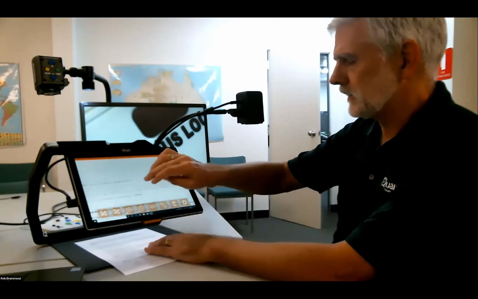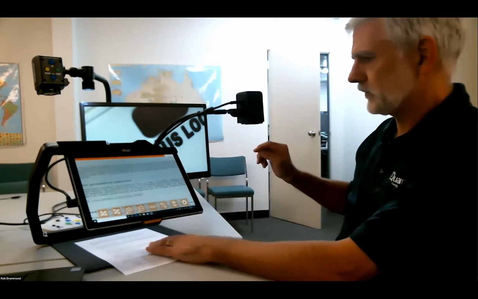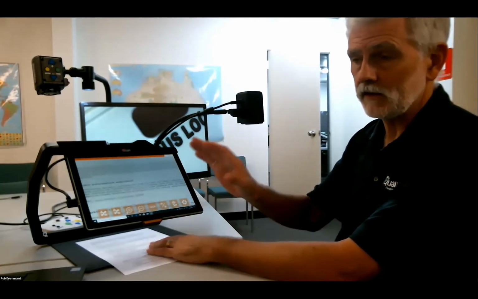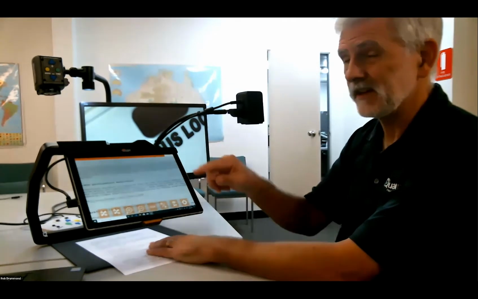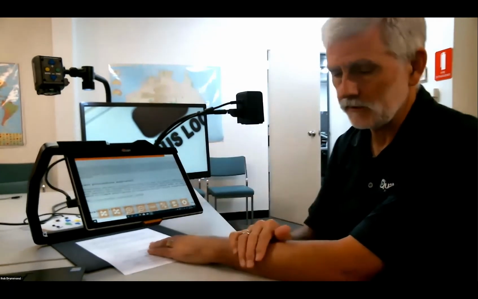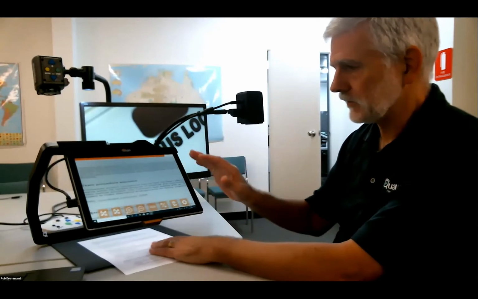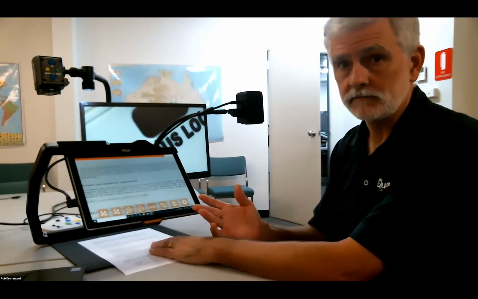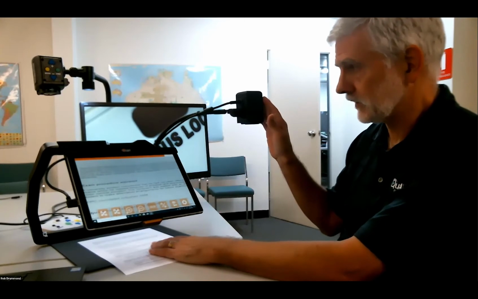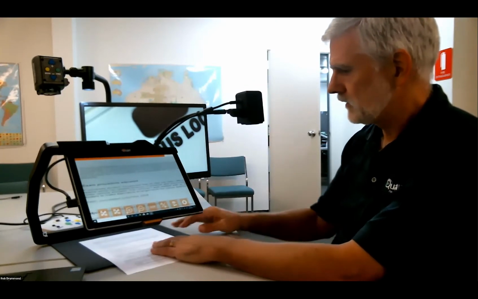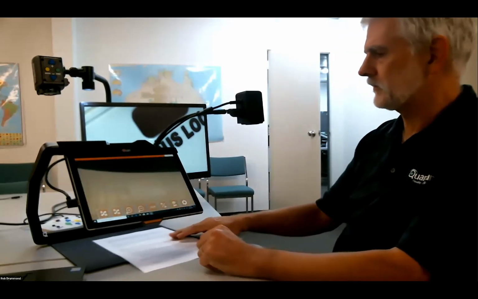You can also get it to take a picture and save that picture, and you're going to save that in the Windows environment so that you can email it and do whatever you like with it. You've also got the ability to take video with this camera, with the auxiliary camera out on the side. So if we want to switch cameras,